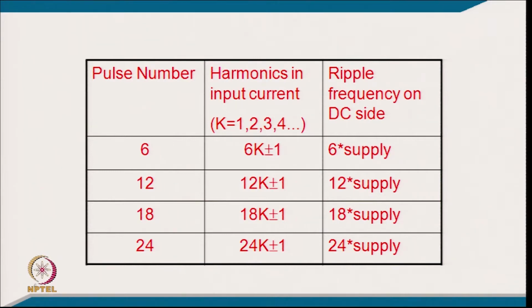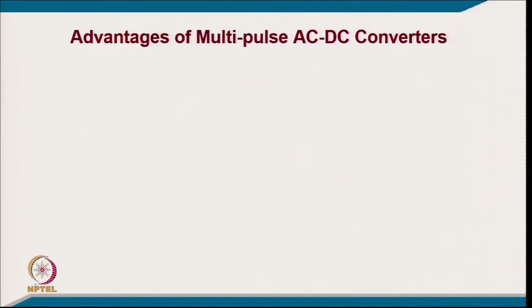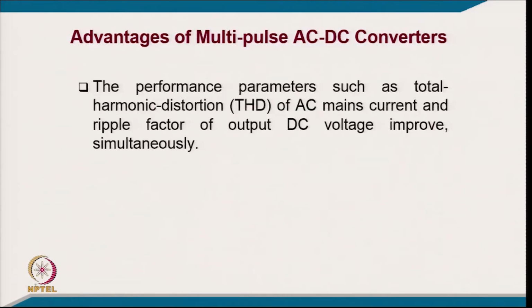typically in this. And another important aspect, the harmonics which are present are also the fundamental divided by that particular order of harmonics, and on the DC side you will have a ripple frequency corresponding to the number of pulses. So, that is the concept in what you can call a conventional or classical converter. We will talk about converters which are not a multiple of 6 also, maybe in the next lecture. So, coming to the advantages of multipulse AC-DC converters, the performance parameters such as total harmonic distortion of AC